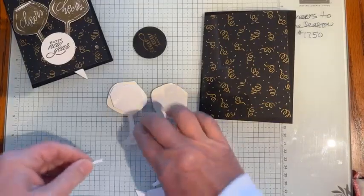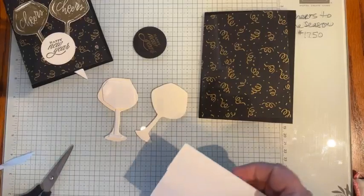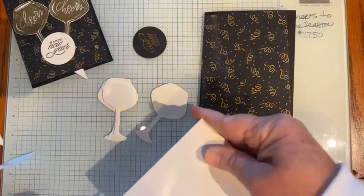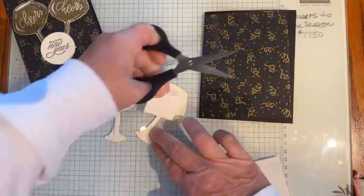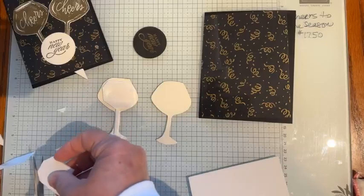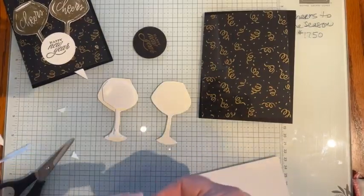So hang tight while I get both of these all ready to go. I could be a little more judicious in how I save the adhesive, but I don't want you to have to be painfully watching me do all of that, but I'm just kind of trimming it to fit,